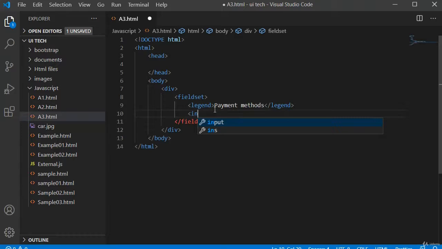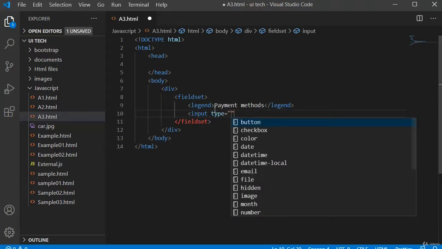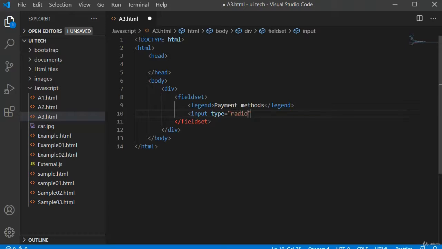Then I will use an input tag. Type as radio. I want to give just a normal name, like I want to use name as pay. Then I will name it as cash on delivery for this.